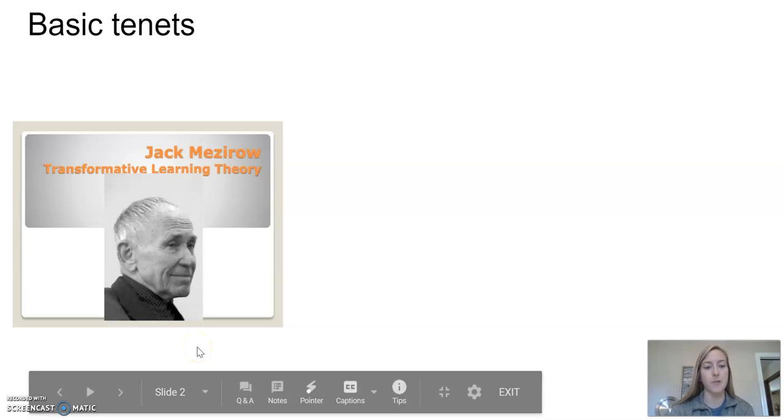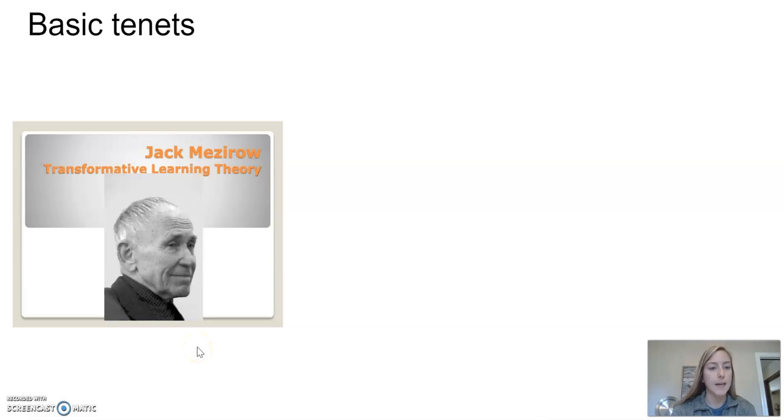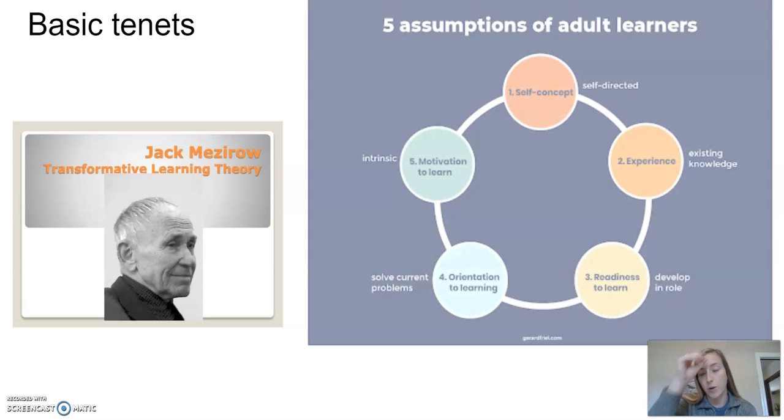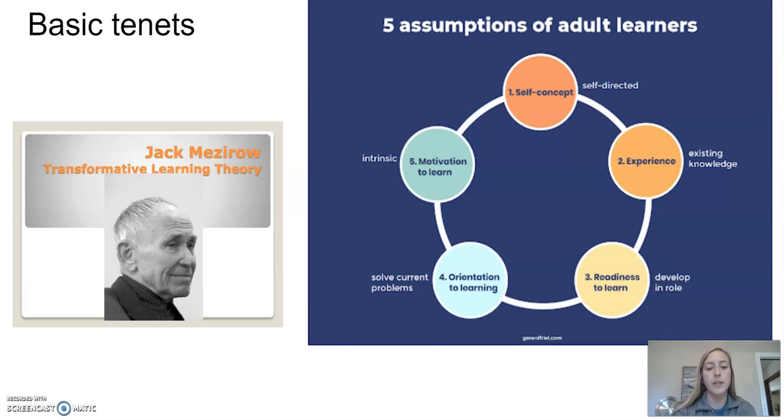Just some basics about transformative learning theory. This theory was founded or created by Jack Mezirow. He actually started thinking about this theory, or putting it down, when he was studying women who went back to school. So it focuses a lot on adult learning as opposed to children learning in school. That's because the main focus of this learning theory is that you, as a learner, are accumulating new information that shifts your perspective or your ideas through critical reflection.